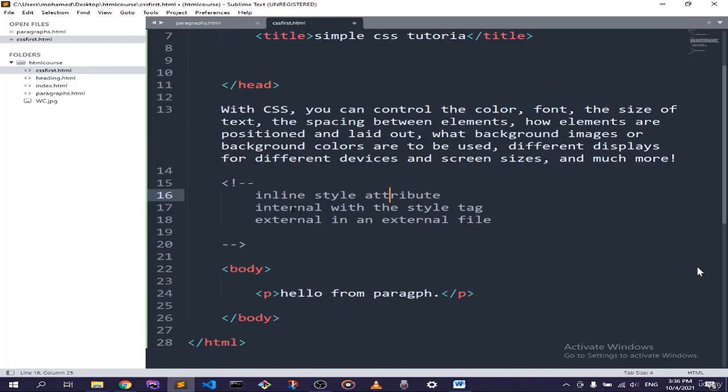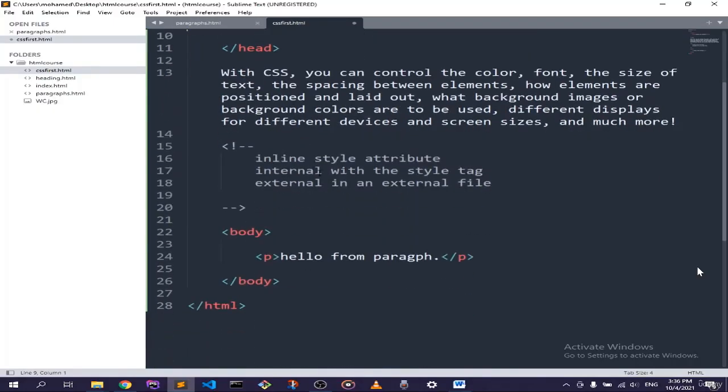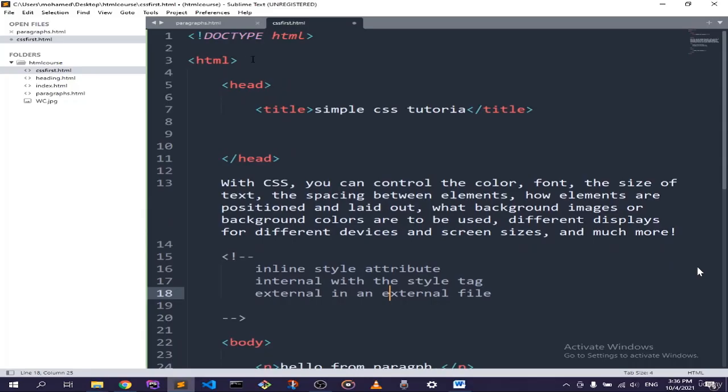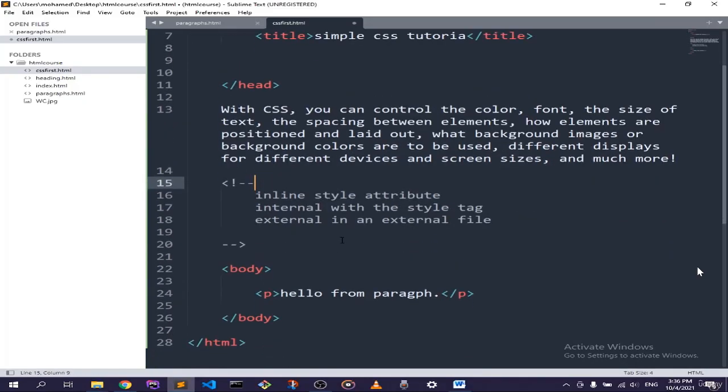And in this one, we're going to talk about the internal CSS, which can be written inside the style tag, and the style tag can only be written in the head. And the external way, which is going to be in an external CSS file, and I'm going to show you how to create this file and how to link it to your HTML. All right,